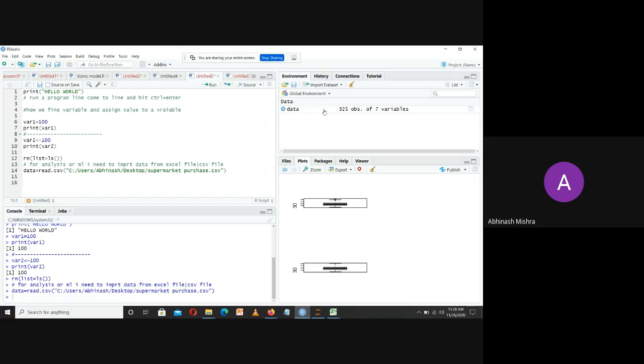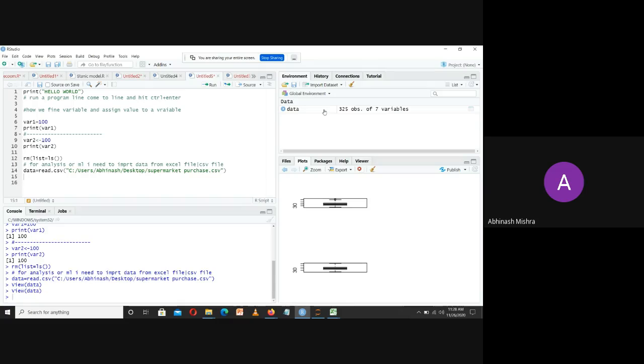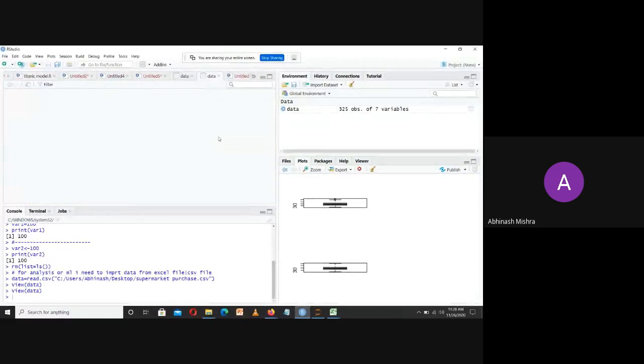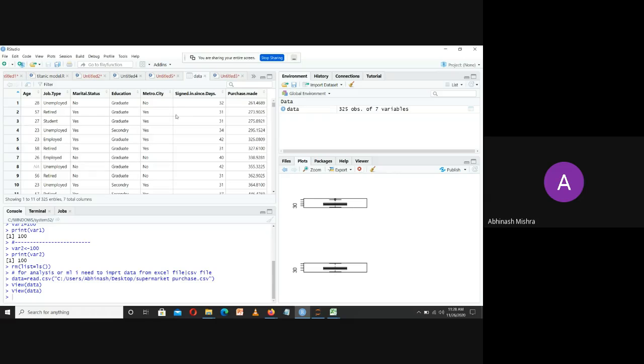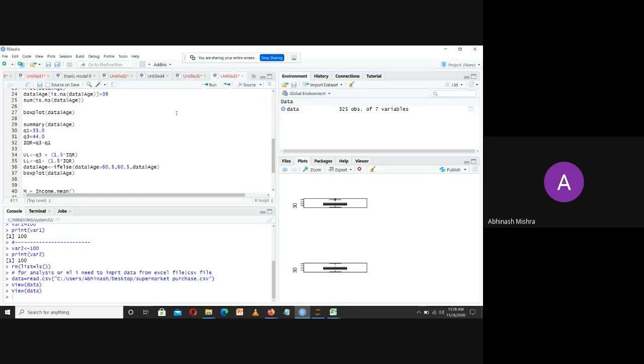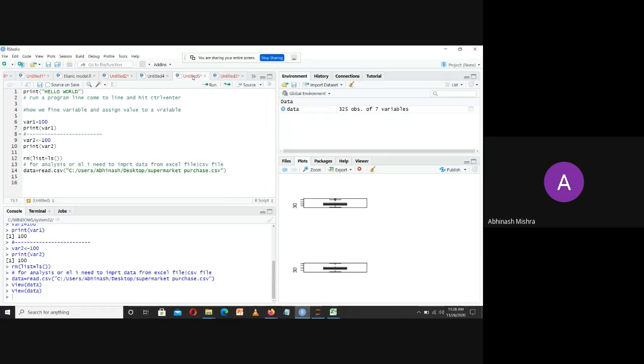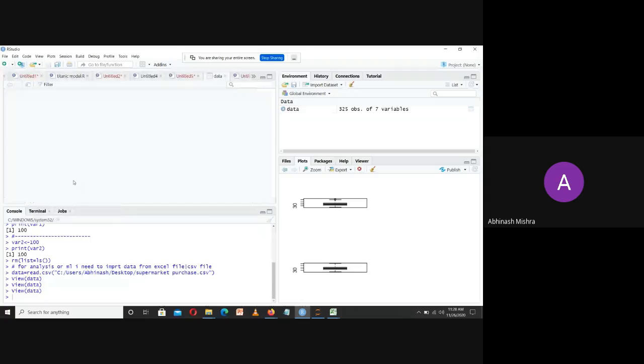Once you have done this, you will press Control Enter, and you will find that I have imported my data. While clicking over this, I can view my data also. So I can see that I have imported that particular data into my R program. To view it in a separate tab, I can directly write view and press Control Enter.